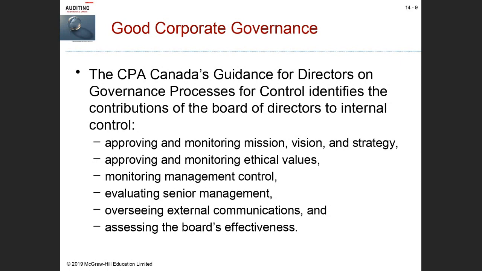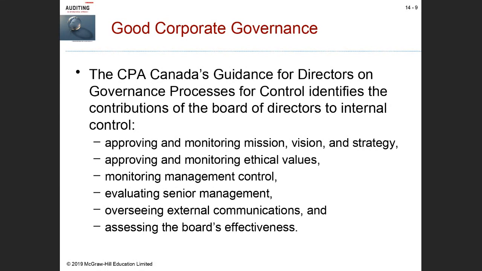Also, evaluating senior management. If you go back into the payroll cycle, you'll see that one of the controls to improve performance by people is to give them regular evaluations. So in most businesses, that's done at least once a year, sometimes twice a year, sometimes on an informal basis, sometimes on a formal basis. But in order to spur people on, right, to encourage them in their development, we have to have evaluations done, right? So that just tells us, are we doing a good job? Do we have to improve?